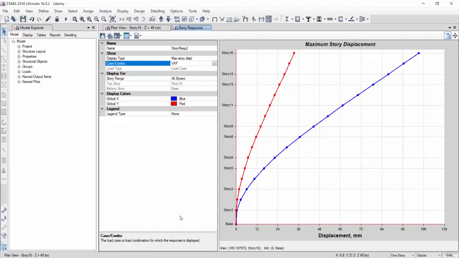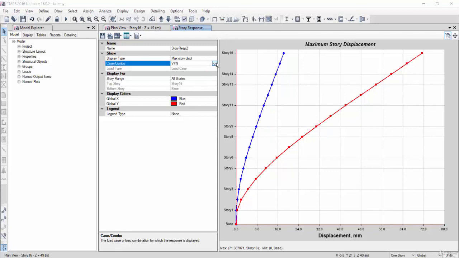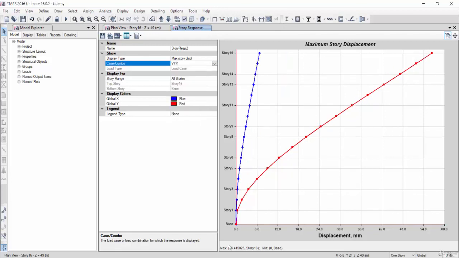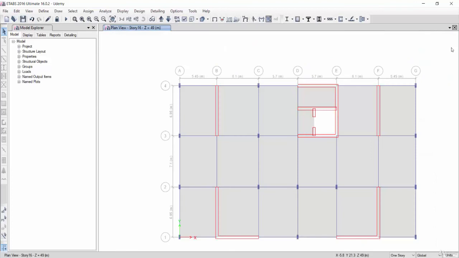When we increase the section of columns, the story displacement decreases, so we can say that this story displacement is safe for the structure. We will check it after we design the columns and increase their sections, because when increasing the section of the columns, the rigidity of the building increases, so the story displacement decreases. For VYN below the allowable, and VYP below the allowable, so we are safe